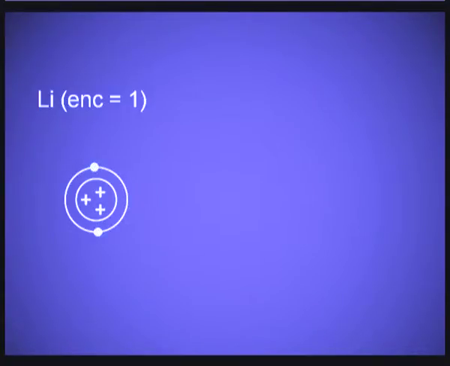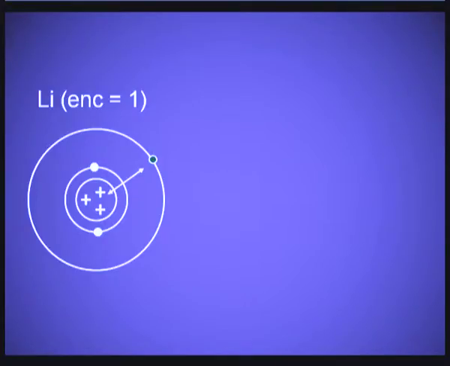Now again, with the example of lithium, beryllium and boron, the elements of the second period, you can very well see how the electron cloud is shrinking and how the atomic radii is decreasing when the electrons are going into the same shell and the effective nuclear charge is increasing. Lithium has 2 electrons in the inner shell but 1 electron in the valence shell. The 3 protons in the nucleus are attracting the valence electron.